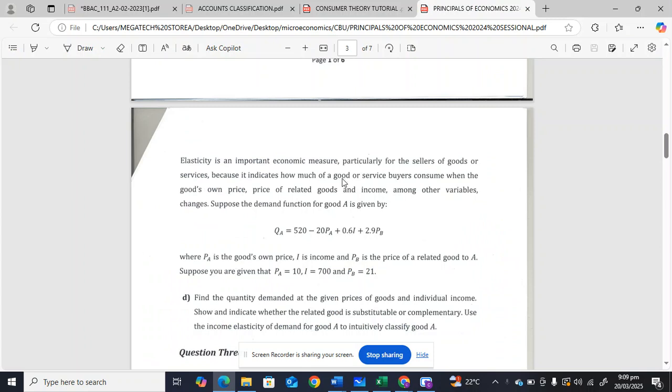Okay, so we read the question here. Elasticity is an important economic measure, particularly for sellers of goods or services, because it indicates how much of a good or service buyers consume when the good's own price, price of related goods, and income, among other variables, changes. So suppose the demand function for good A is given by,